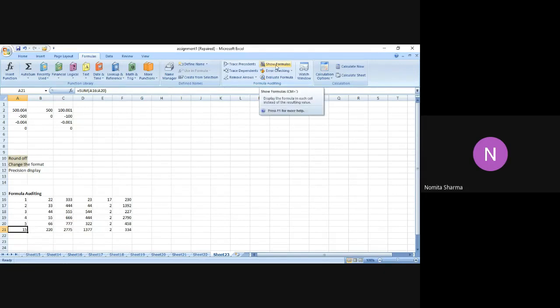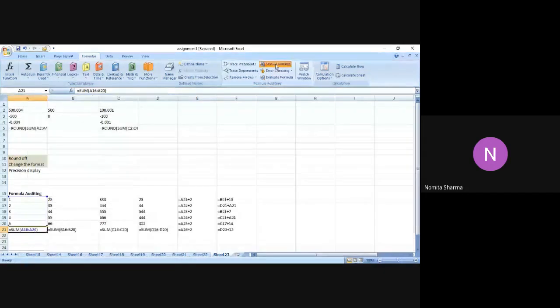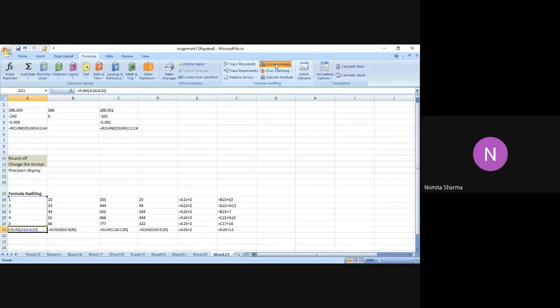I will simply go to the first option, show formulas, which we've already done. But just to repeat that, I will press on that and I will get all the formulas which I have written in my table. You will see very clearly, now I'm not getting individual values, but the formulas which I've written over there. That is one way to audit your formula, because for auditing a formula, you actually need to see the formula. And that way you can see if there is any error in the formula.